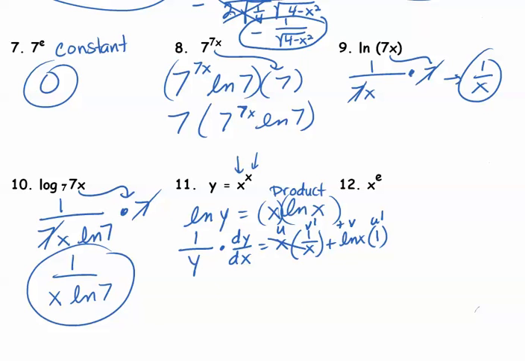So we can cancel those two x's, and we can solve for dy dx by multiplying the x to the other side. So maybe you might want to see this in a single step here. First, natural log of x. That's what's left. And now this was 1 over y. So now I can multiply both sides by y, and